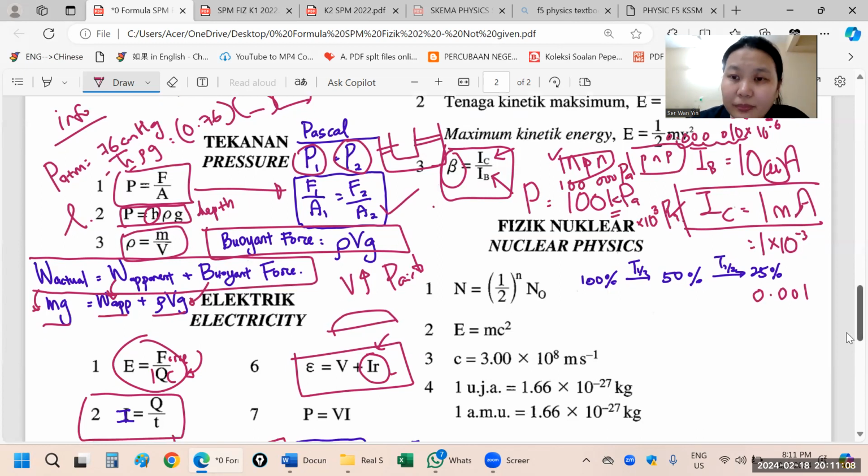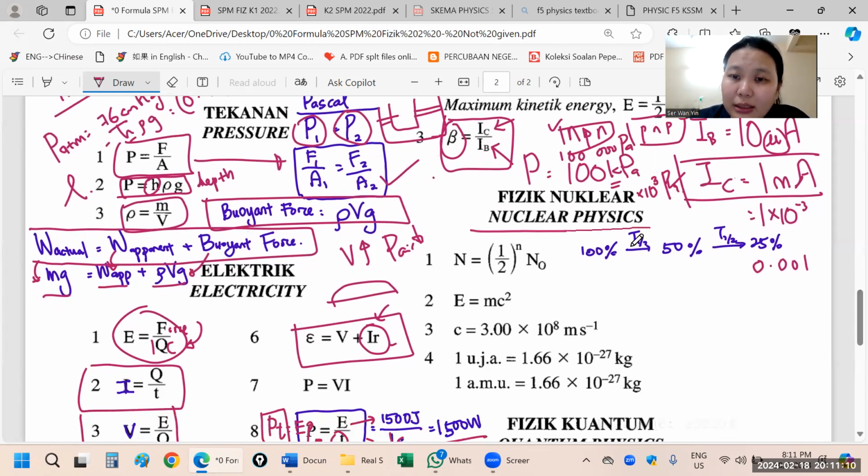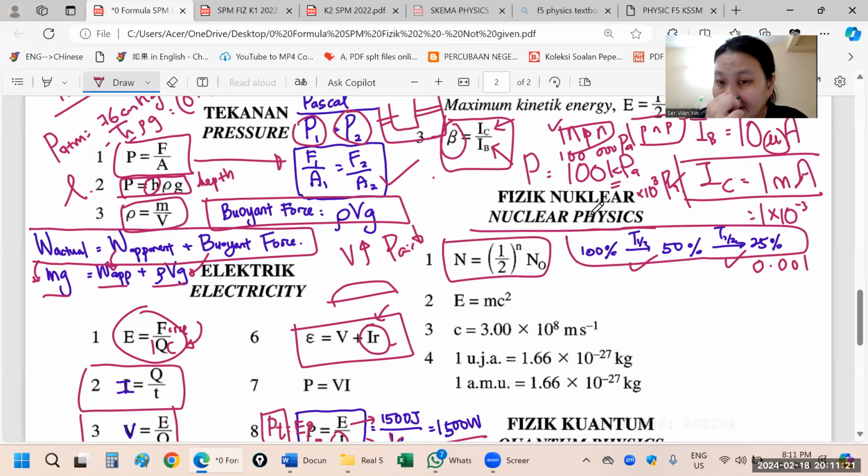Okay. Then nuclear energy, nuclear physics, half-life: how many half-lives you draw, how many arrows. This one you don't know also doesn't matter. As long as you can draw the series, you can count, don't worry. This is not so important. So E equals to mc squared. This m must be in kg. But normally they will give you the unit AMU first, for u. Say for example,